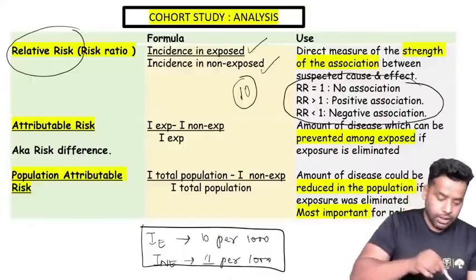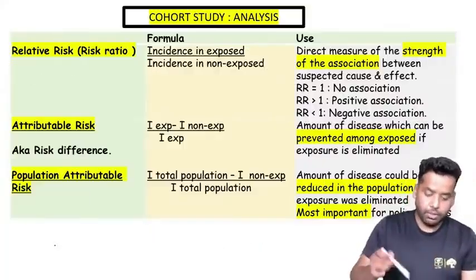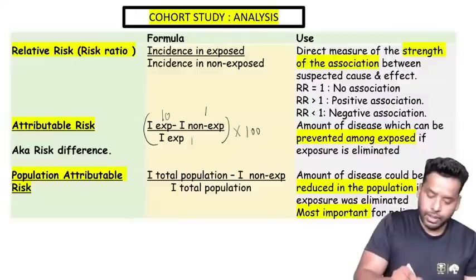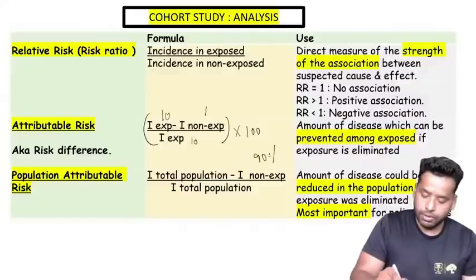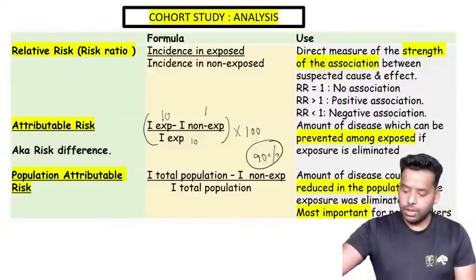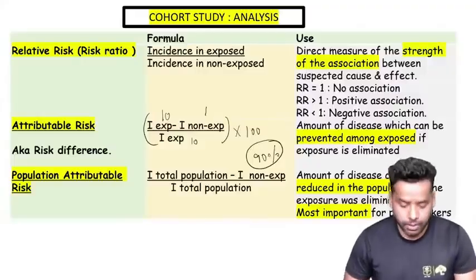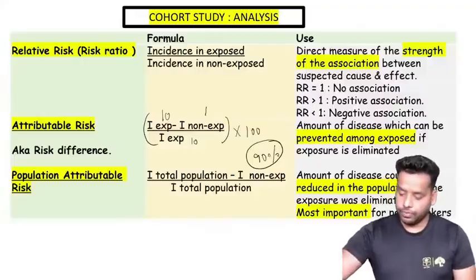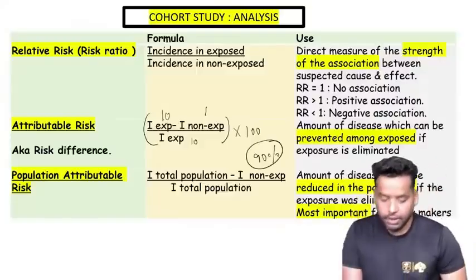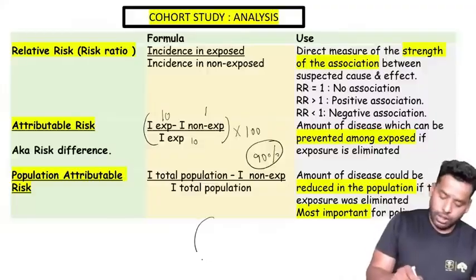Now come to the word attributable risk in proportion. If I am telling the whole thing into 100, 10 minus 1 by 10, how much percent you are getting? Substitute the value. Exposed minus non-exposed by exposed. Yes, good. 90%. 90% means out of the total outcome,